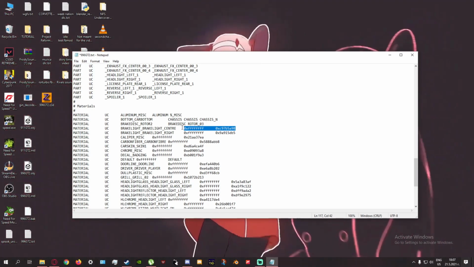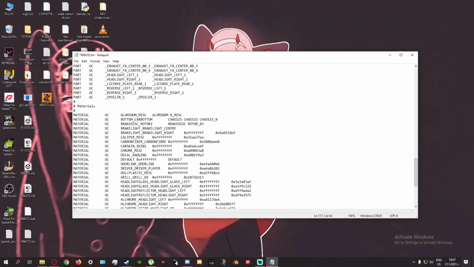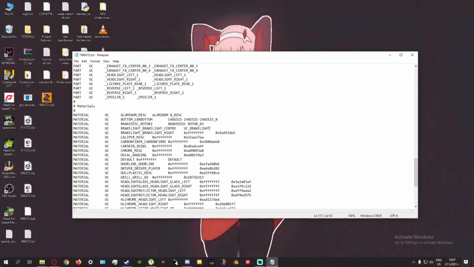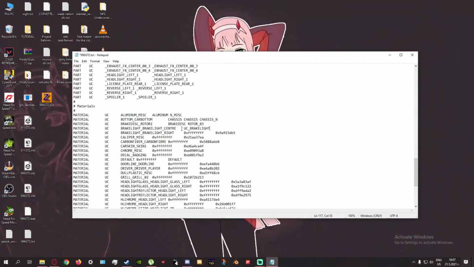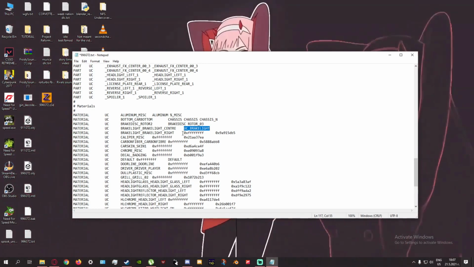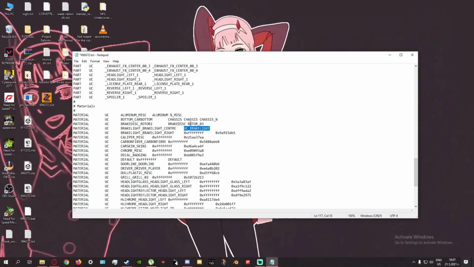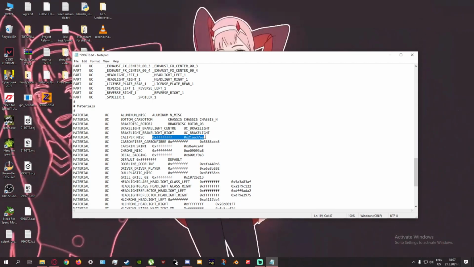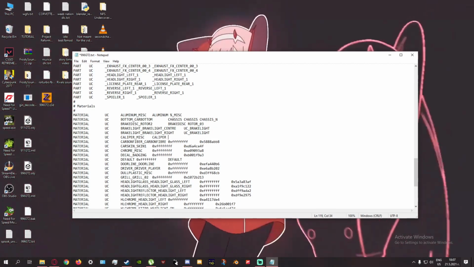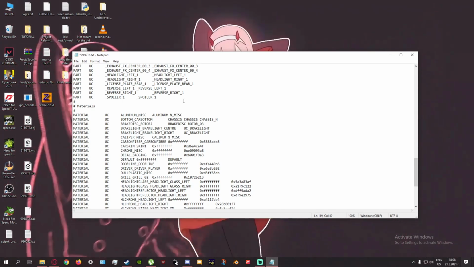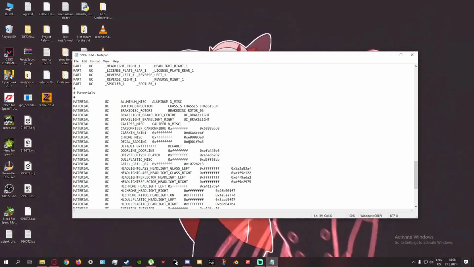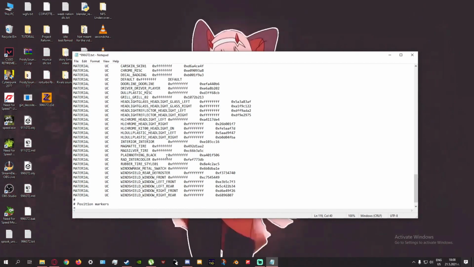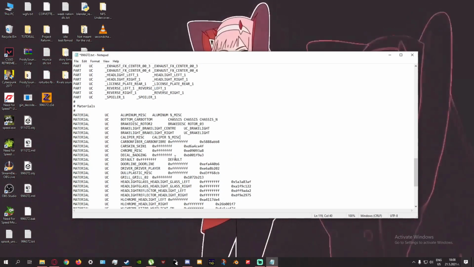Then brake lights. This is one thing that's really cool. You can do UC _ brake lights. This is an easy way to do parts like this, because it's just brake light. You just do this and it's gonna automatically fill it in the way it should be, so you don't have to remember anything else. Then here as well, caliper, %_ miscellaneous, and so on and so on. However, I will mention a few things here, especially at some points, because you may or may not have to, let's say,